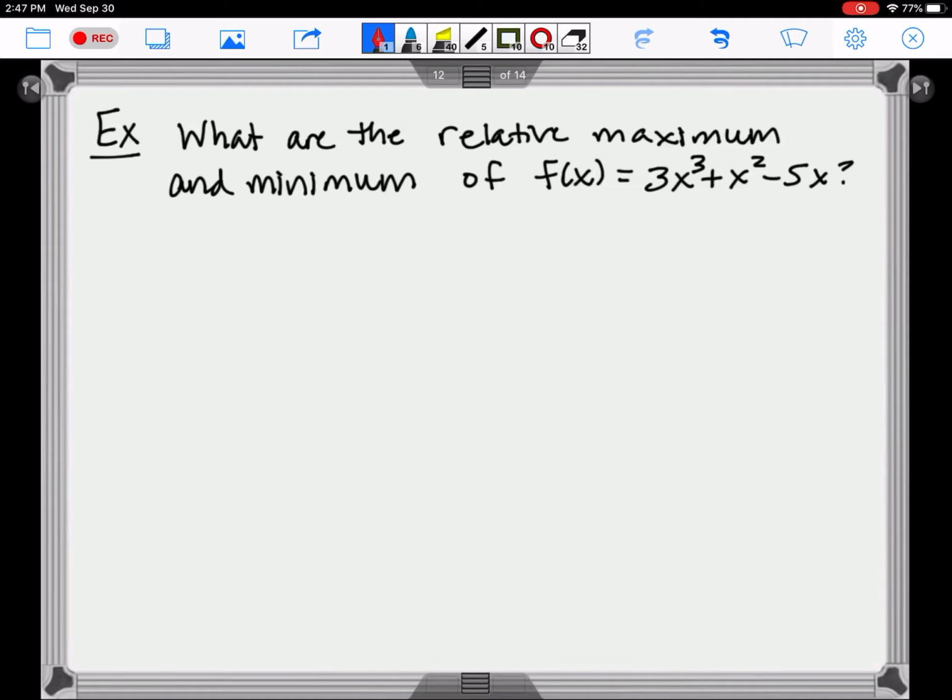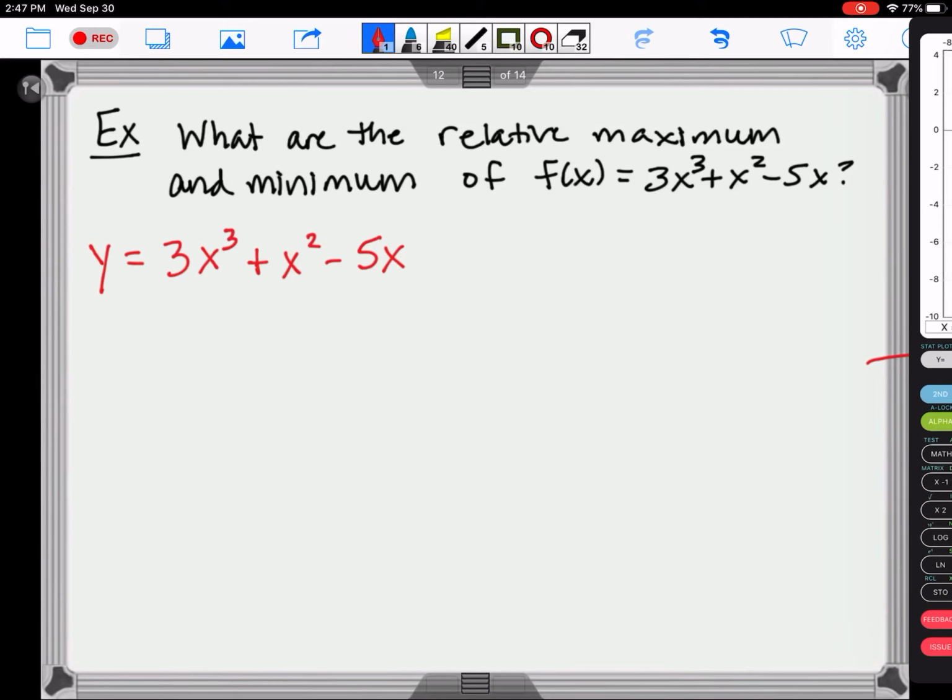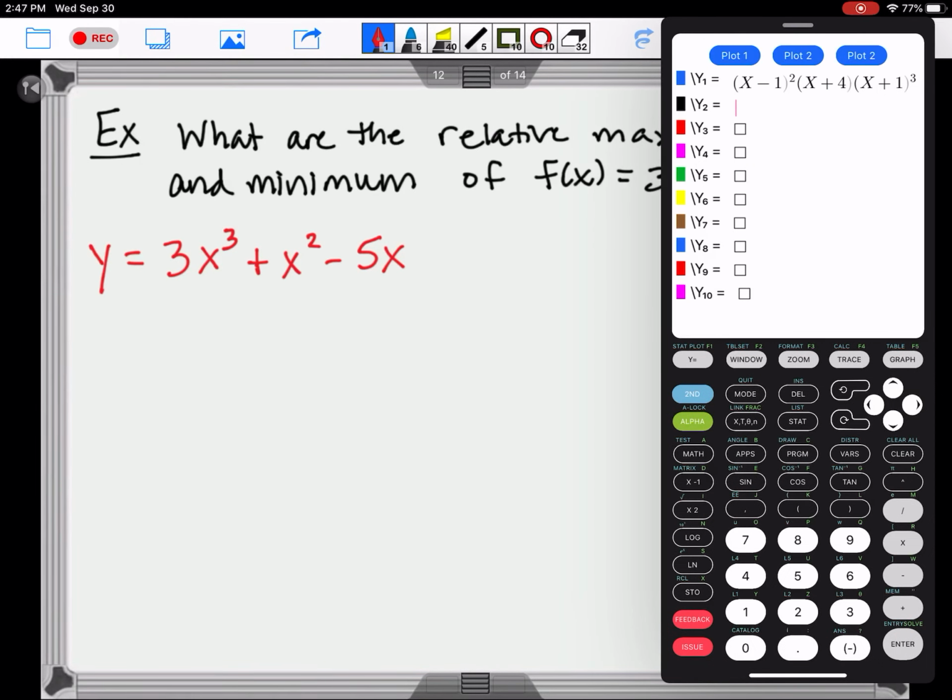So what are the relative maximums and minimums? Okay, well, let me write this equation over here to the left. And I'm going to attempt to use that calculator again. And I will do a separate video on how to do it on the TI-84. But I just kind of want to show you what that looks like. Let me go to y equals. I'm going to go up here and clear that out. And I'm going to enter 3x to the third power plus x squared